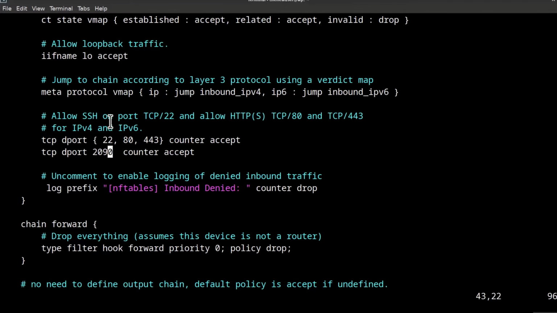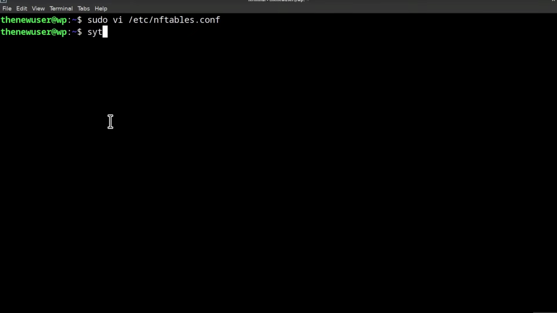If you want to add any new ports, maybe you want to add the ports for mail, you can add port 25. Maybe you're using cPanel and you want to open the ports for cPanel, and so on. So that's pretty much the gist. You just add the port you need and it will be allowed in the firewall. So escape, Shift ZZ, and then we can restart Nftables,